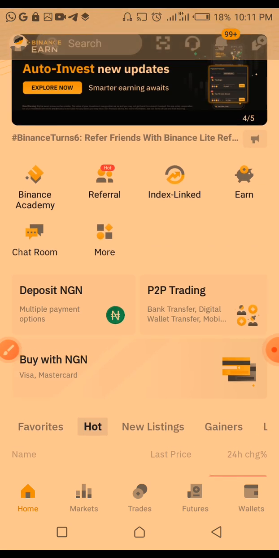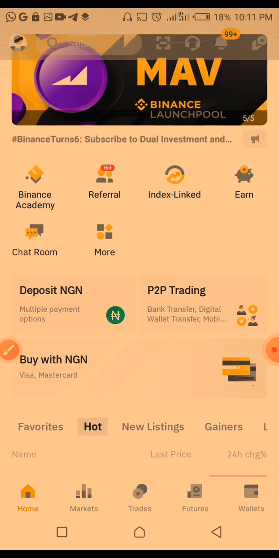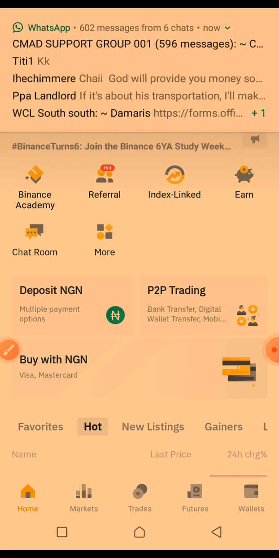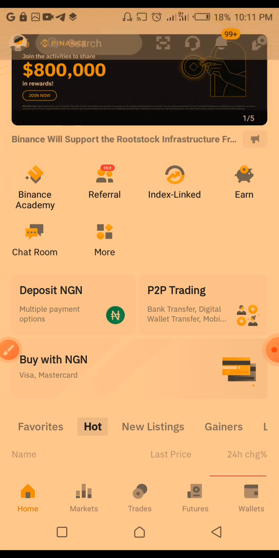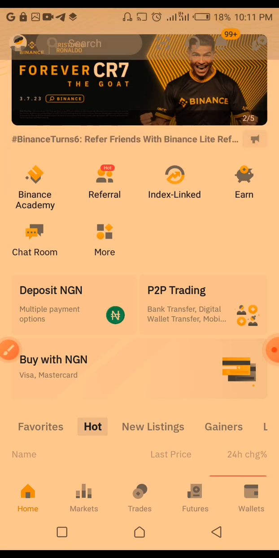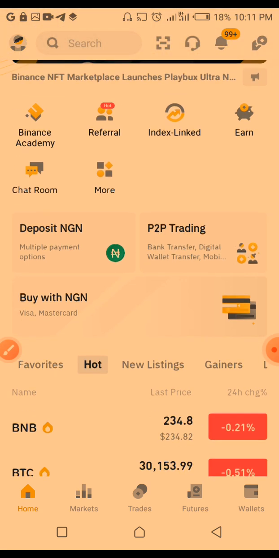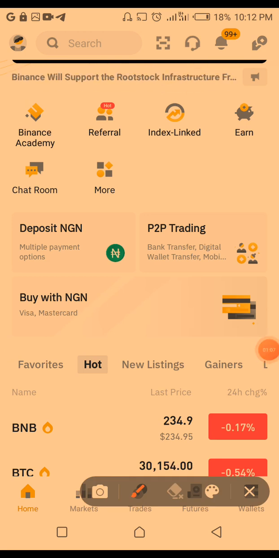So the liquidity depends on the number of persons involved on a particular pair or market, or the number of open threads on a particular pair or market. So first of all, we are going to click on this profile icon above